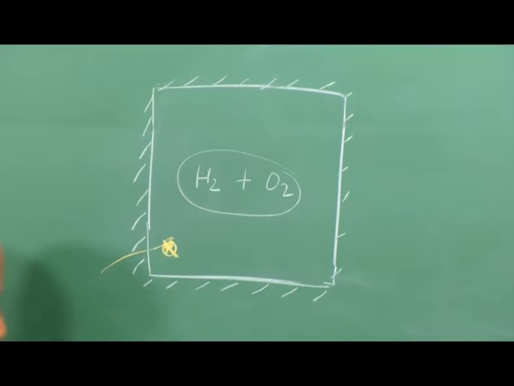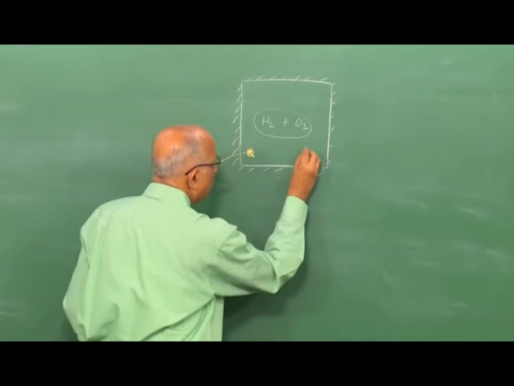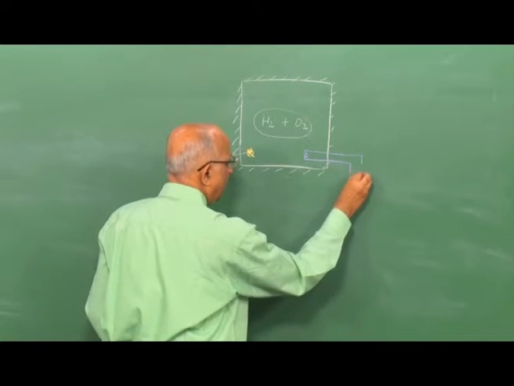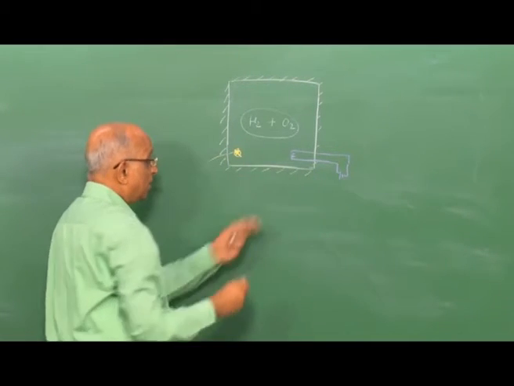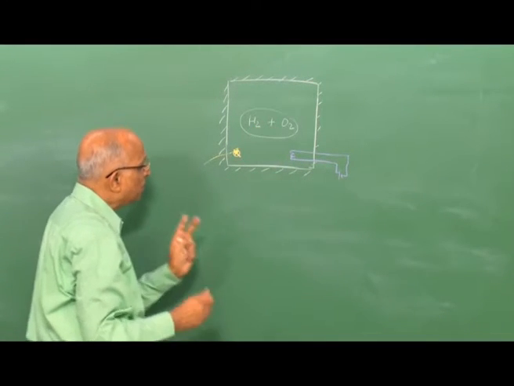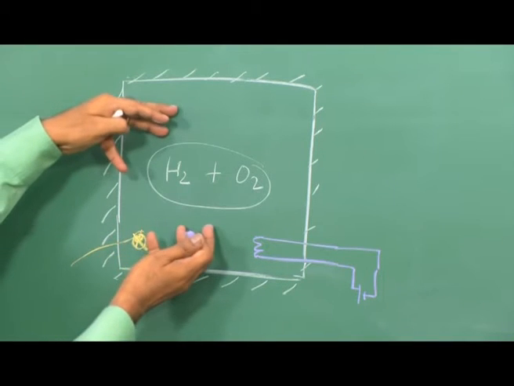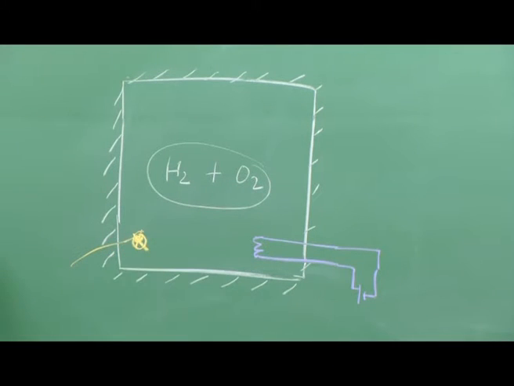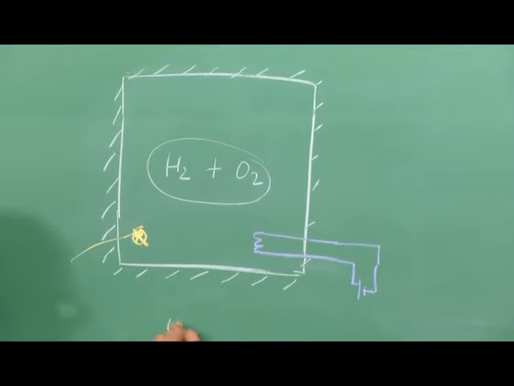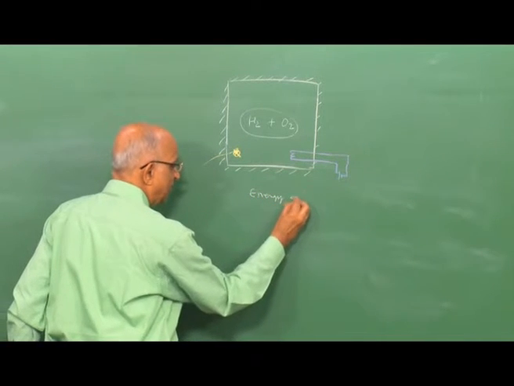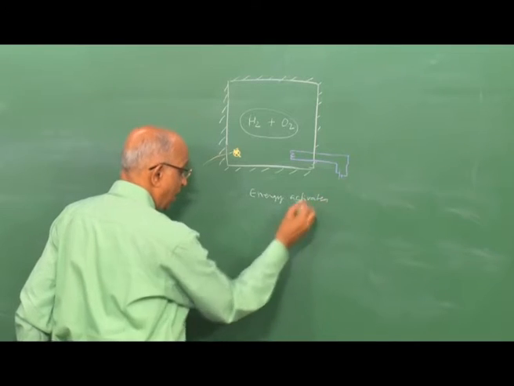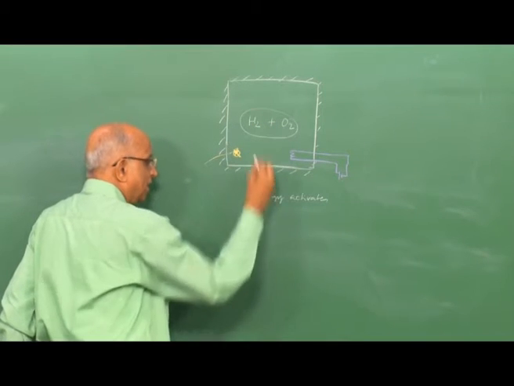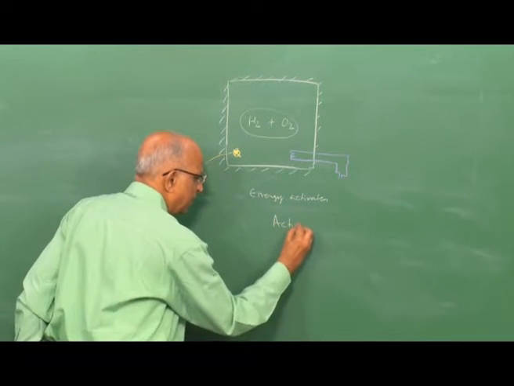Or rather, instead of putting in a spark, I could also put in some heat. Maybe I put in an electrical resistance wire, connect it to a battery, and heat this wire, so I deposit some energy. In other words, an explosive by itself remains fairly cool and does not react by itself. I need something to activate it, that means I have to provide some energy which starts the chemical reaction, and the energy required to start progressing with the reaction is what we call the activation energy.